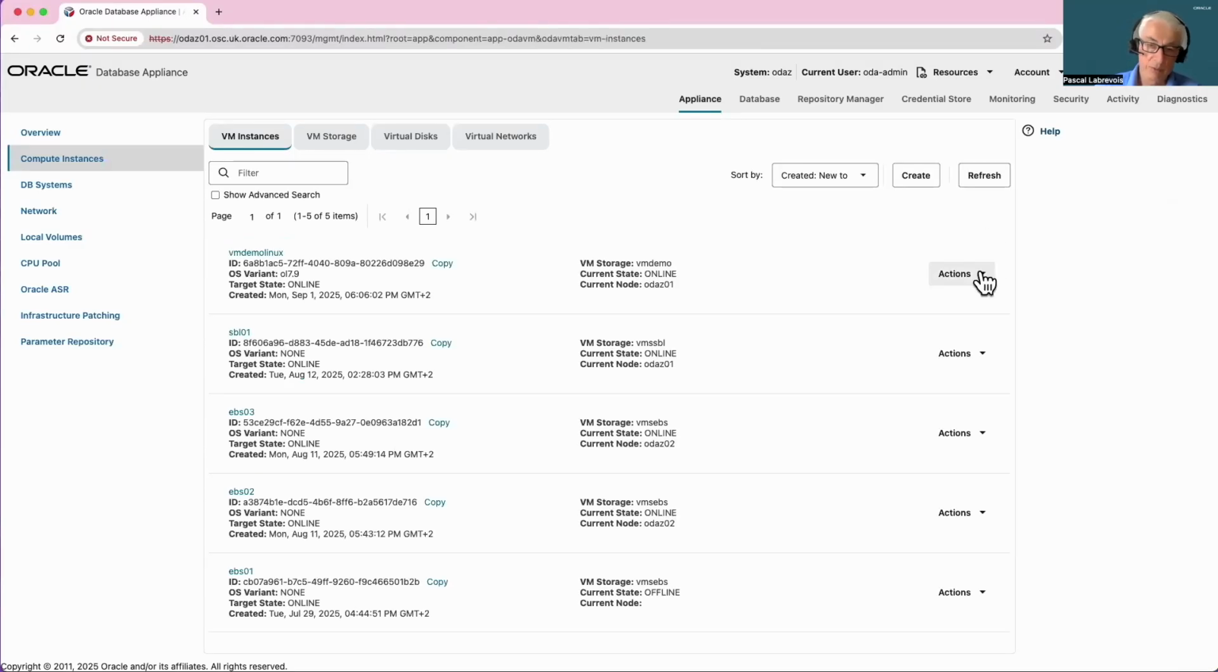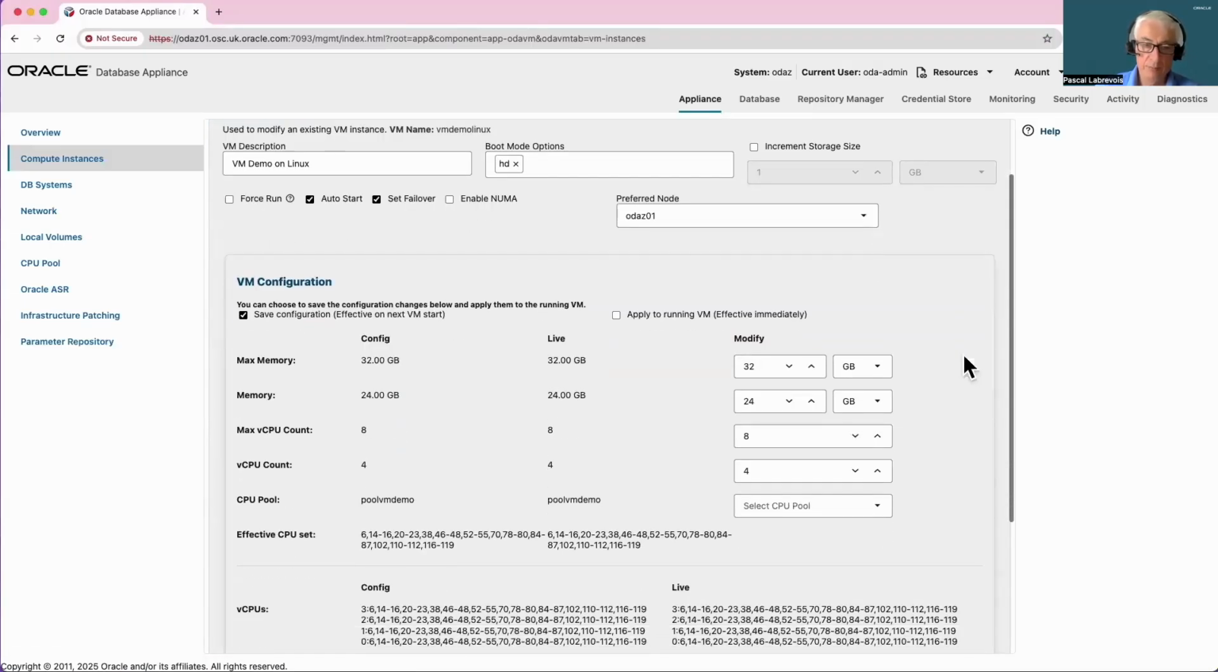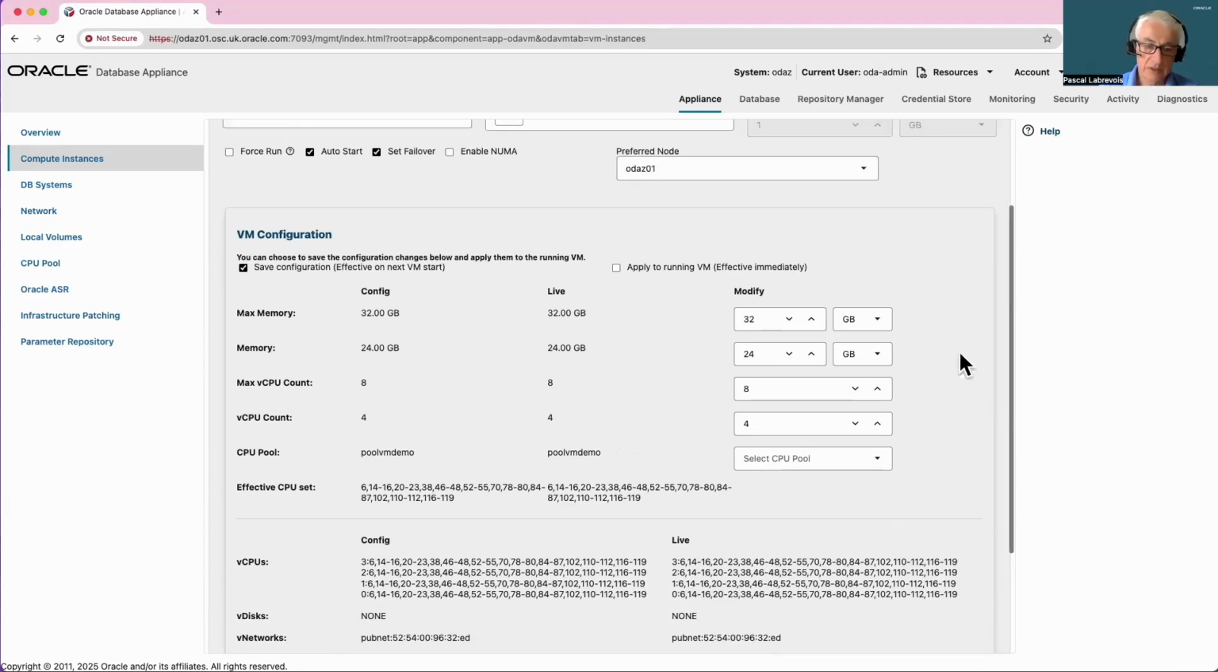So on the right side, I have a button to modify some of the parameters of my VMs. So I can see here what I can change on my VM. I can add a virtual disk on my VM. I can attach new virtual networks. I can detach virtual disks or virtual networks. I can also modify the memory of my VM. I can also change the maximum memory of my VM, but it may need a reboot of my VM. So for now, I'm going to add the virtual disk